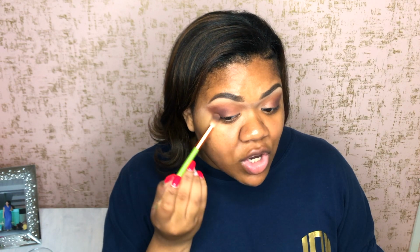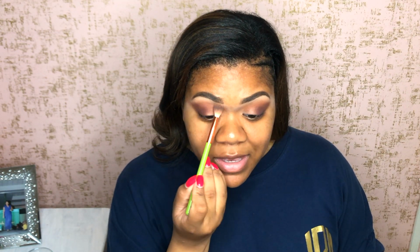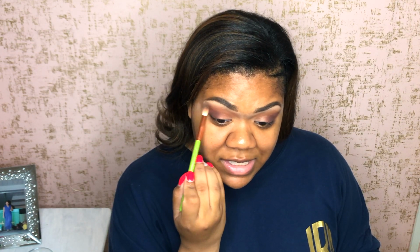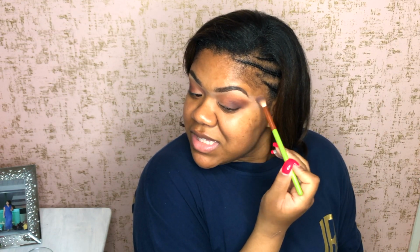I'm actually just going to start with what I already have and blend out these edges a bit, because I want to diffuse that deepness now that we've gone back in, and make sure that everything still looks really smooth. You could totally do this when you're completely done with the look, but I prefer to do it in stages so that I make sure everything looks really blended and good